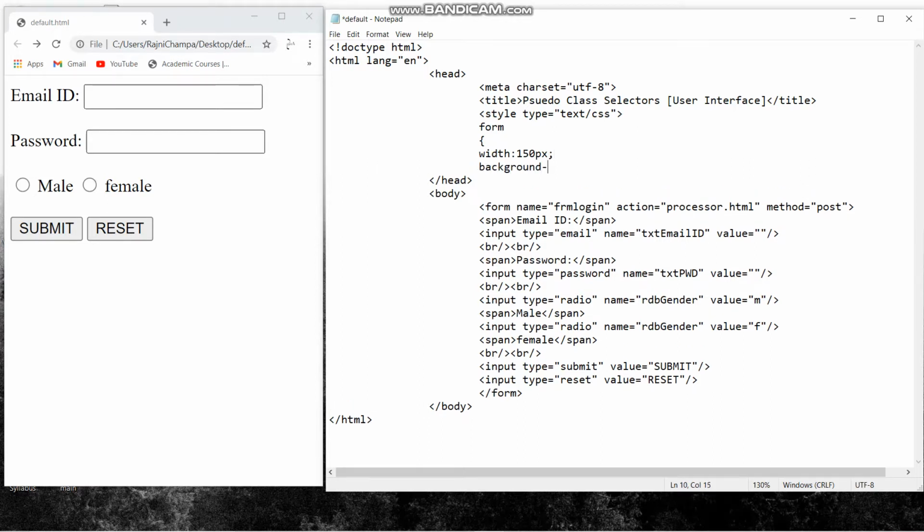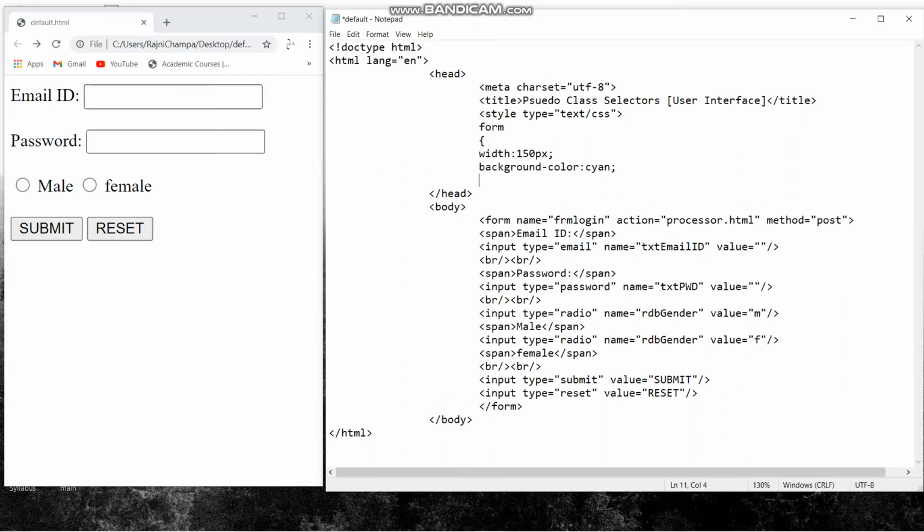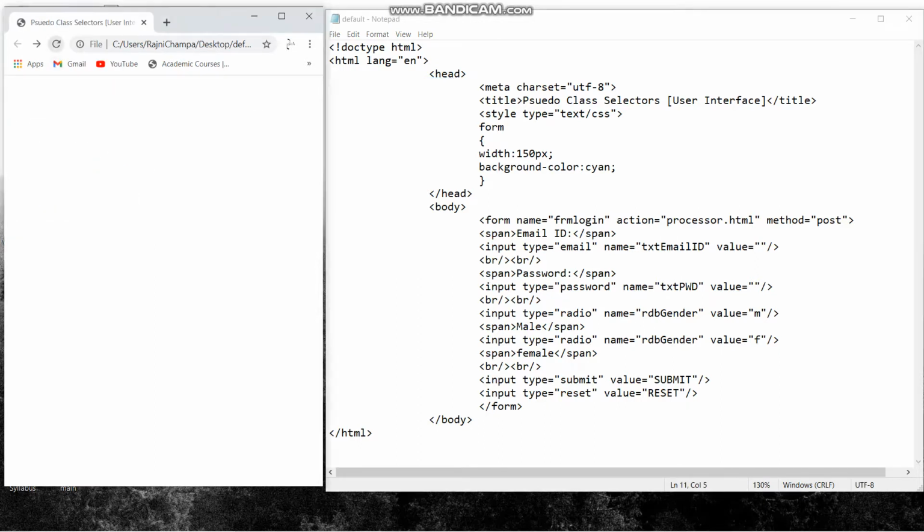To this width we have given background-color with the hyphen between it, and then the colon after color I'm writing cyan, my favorite color. You can choose your own. Then the curly braces close, save, go to browser, refresh.